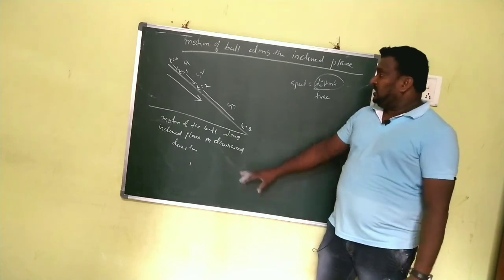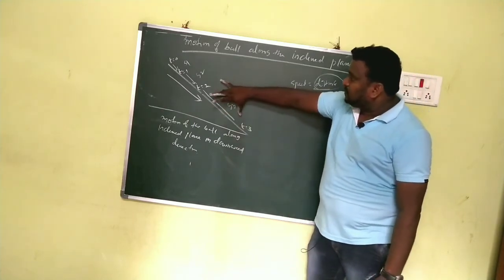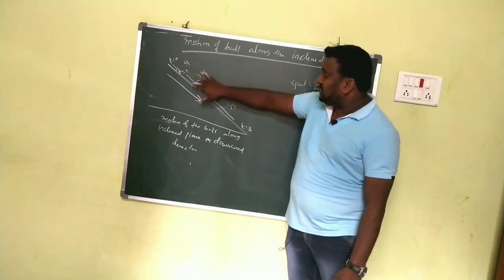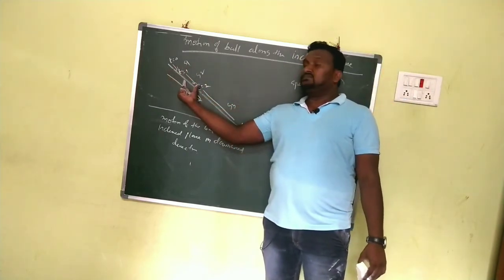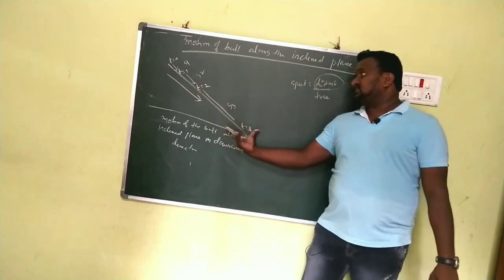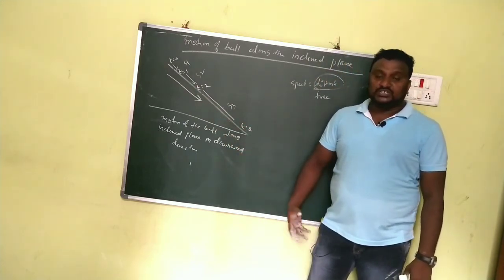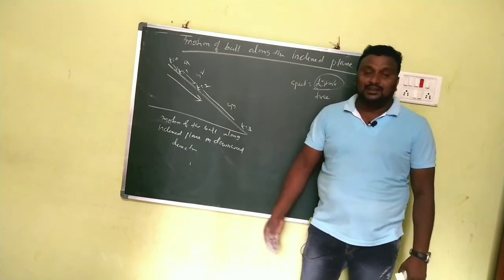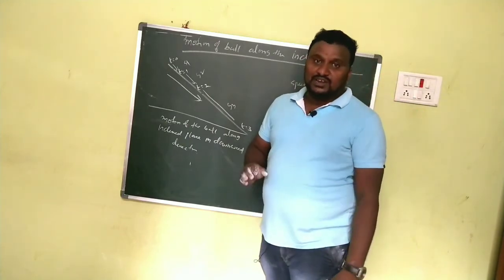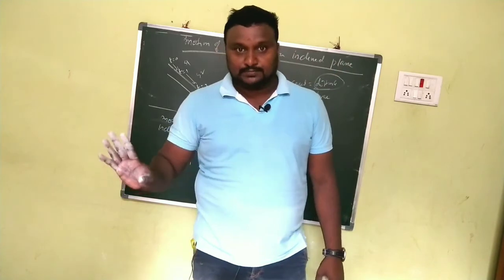How are we saying this? You have to observe in this diagram. The distance covered is more. For the first time, it covers less distance. Next time, somewhat more, and again the next is more. So in this case, while the ball is moving along the inclined plane, its speed increases gradually, but there is no change in its path.